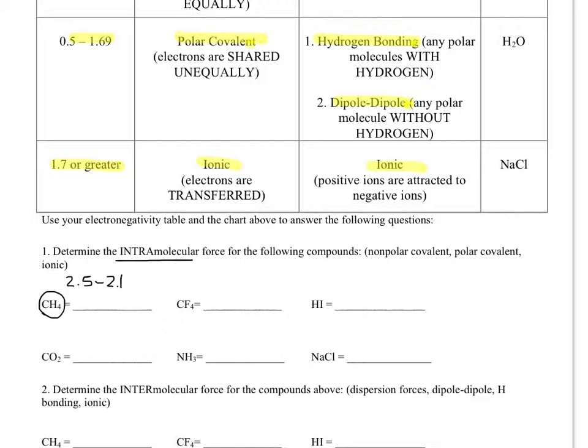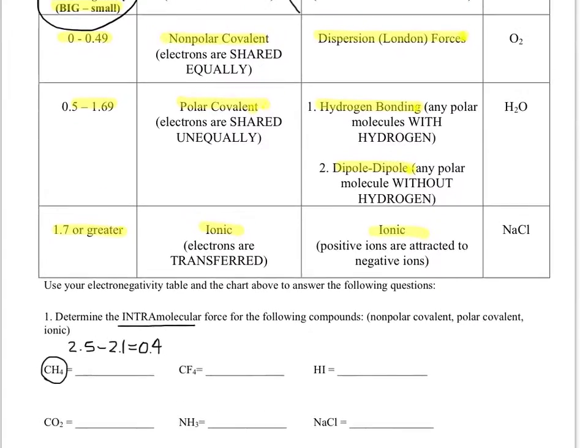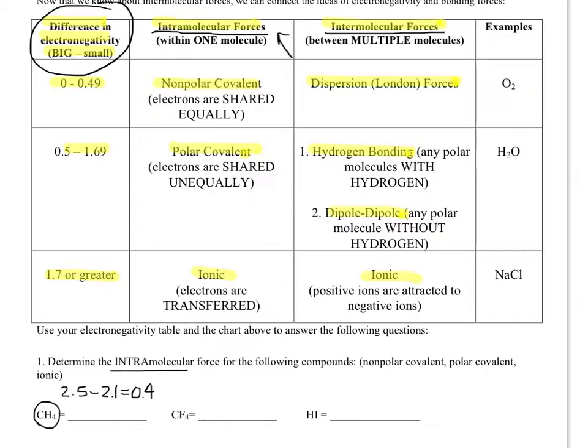So if I subtract these, I see that the difference in electronegativity is 0.4. Carbon pulls harder on electrons than hydrogen by 0.4. So if I take this 0.4 number and I go up to my chart, 0.4 falls in this range here of 0 to 0.49, which means that the intramolecular force,